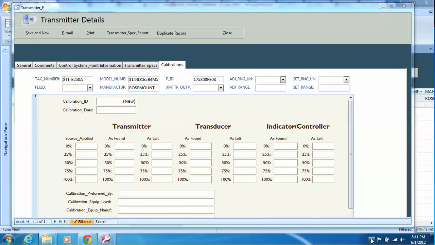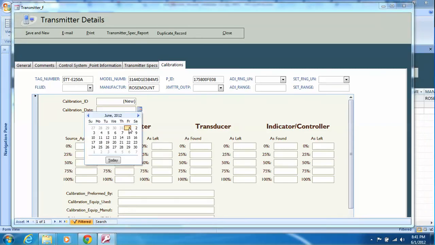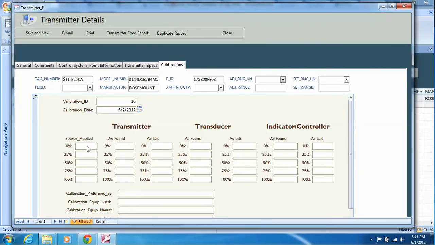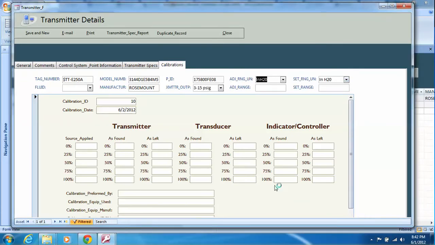Okay, the nice thing about the calibration sheet is, let's say that you come in here and create a new calibration on this date. Let's just say you could say station range. I set up the set range in inches of water. The output is 3 to 15 psig. So let's say that you put in